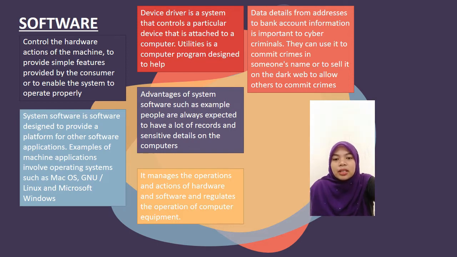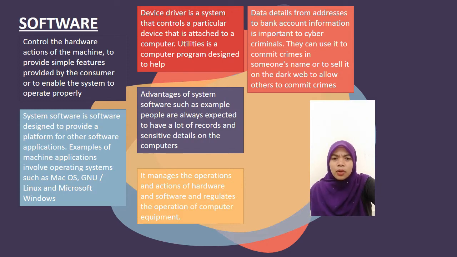The next one is that it manages the operation and action of the hardware and software and regulates the operation of the equipment. Examples of system software are macOS, Linux, and Microsoft Windows. And the advantage of system software is